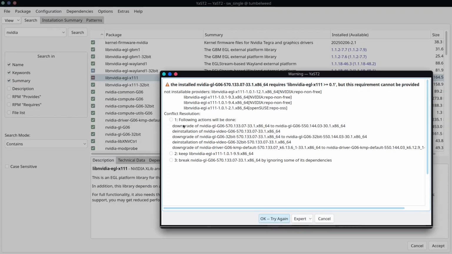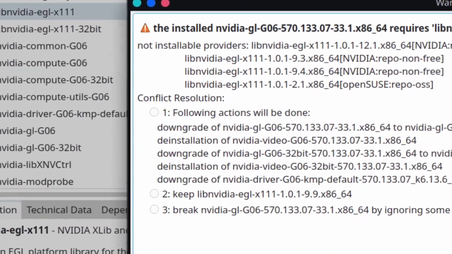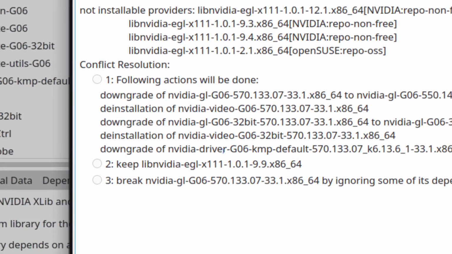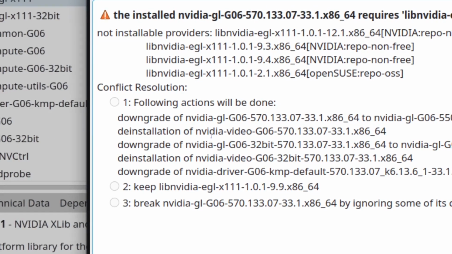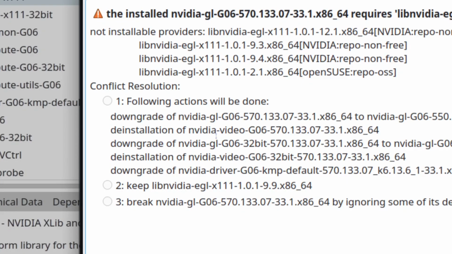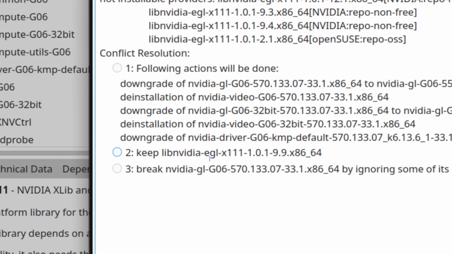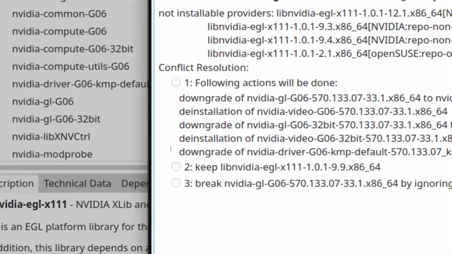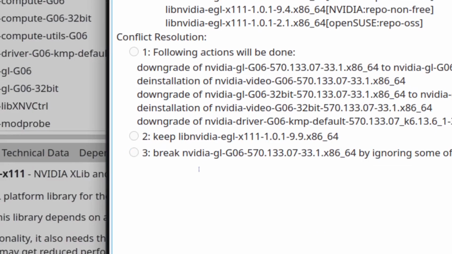I can zoom so you guys can read properly. Number one, you need to resolve the conflict, right? Number one, just downgrade or deinstall the application which requires it. So basically, you won't have an issue with it if you really want to do it. Number two, just keep it. If you don't really install it, if you're just checking if you can install it or something like that, you can just keep it, it's giving you the option. And number three,